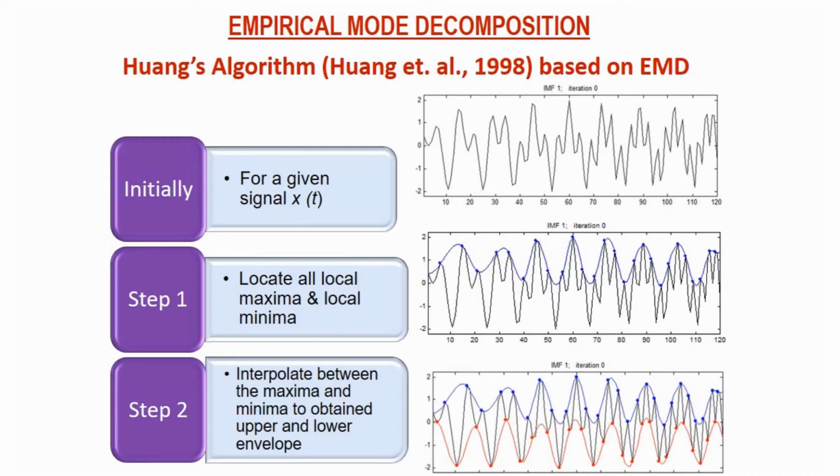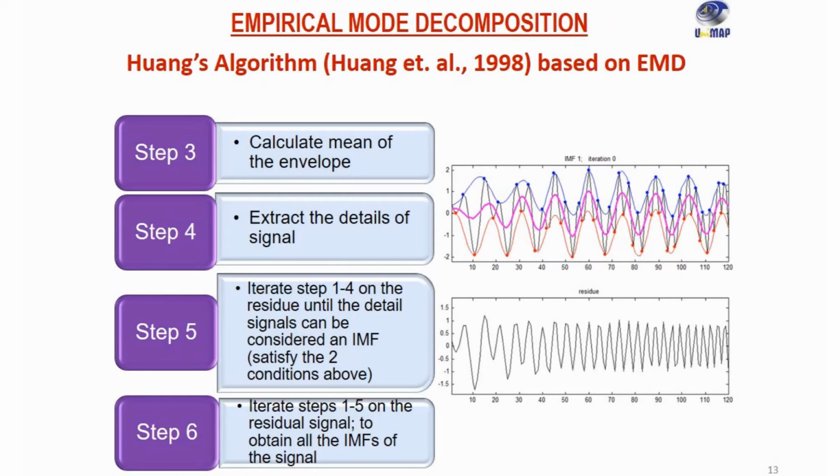In this framework, the first step is to locate all the local maxima and local minima for a given signal. The second step is to interpolate between the maxima and minima to obtain the upper and lower envelopes. Next is to calculate the mean of the envelopes, then extract the detail of the signal. So we have to iterate steps 1 to 4 on the residue until the detailed signal can be considered as an intrinsic mode function, which satisfies the 2 conditions mentioned before. After that, we iterate steps 1 to 5 on the residue signal to obtain all the intrinsic mode functions